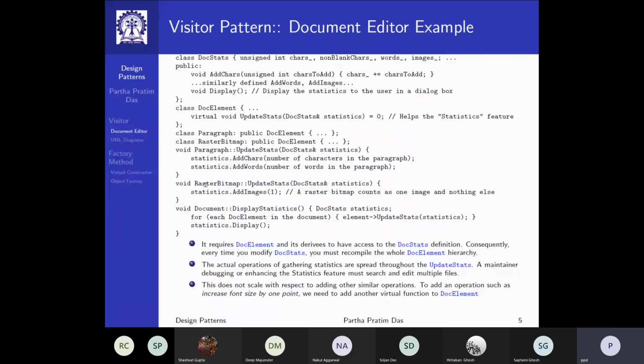So these are not complete codes. These are snippets, just highlighting the part that we are concerned with. So we have a DocStats class, which has members to keep the number of characters, non-blank characters, words, images, etc. And we have methods like